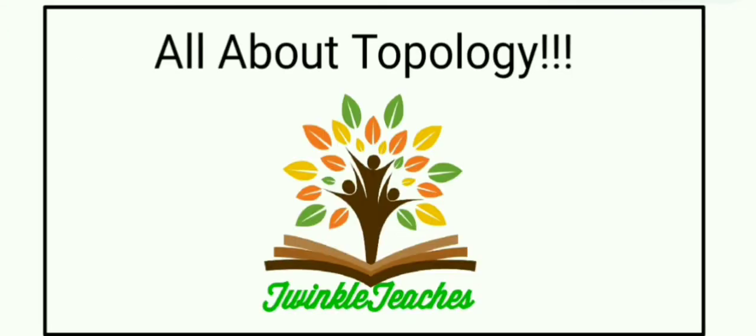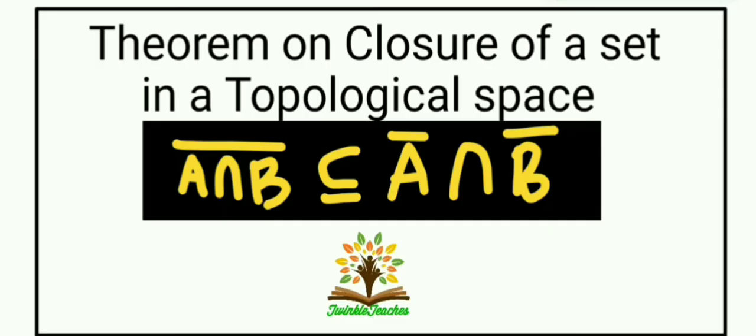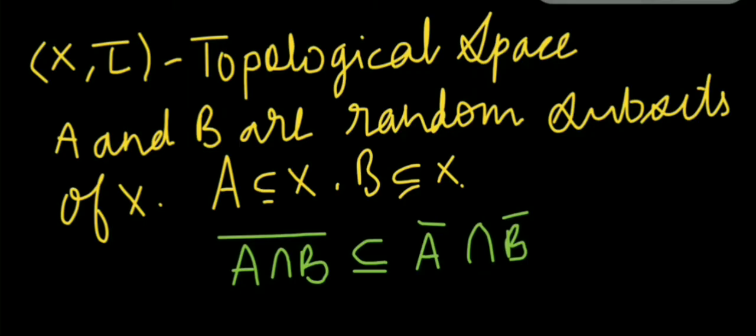As we are discussing all about topology, here is the next topic in this list. Today we will discuss a theorem on closure of a set in a topological space, which states that if (X, tau) is a topological space and A and B are any two random subsets of the set X, such that A is a subset of X and B is also a subset of X, then we have to show that closure of A intersection B is a subset of closure of A intersection closure of B,